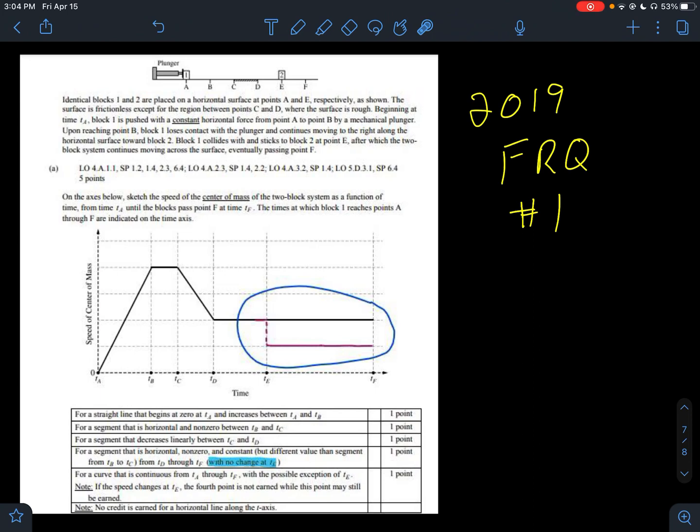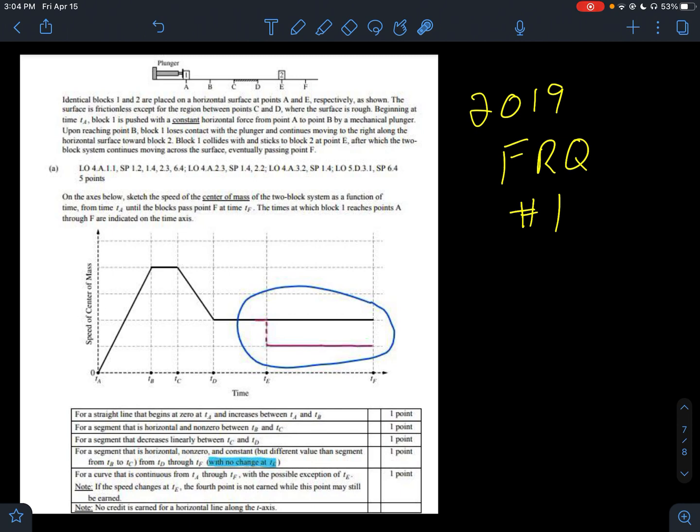the speed of the center of mass is always constant if there's no external forces on our system. So since this is block 1 and 2, this is the center of mass of that two block system, the center of mass needs to be constant. So that's one little key of why there's not a decrease in speed as the student initially thought, which in